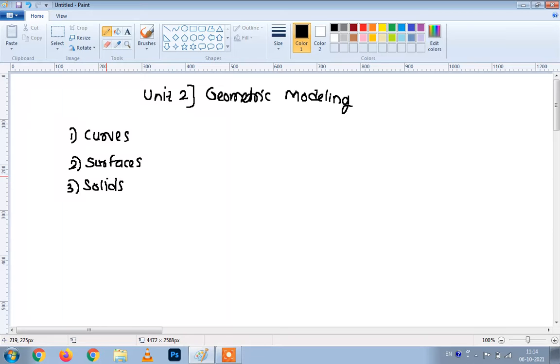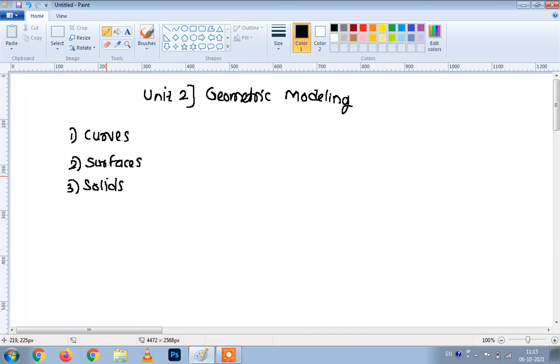In case of this unit, first we will cover the theory about the curves: what are the different types of curves, how to use, when to use the different types of curve. All these things we are going to cover in the theory parts. Then in the next lecture we will start with the numericals on the curves. After that some theory part is there related to solids, and most of the commands that you must have used in case of your second year practical CATIA. We are going to see and learn those commands again in theory, as well as we will try by using software also.